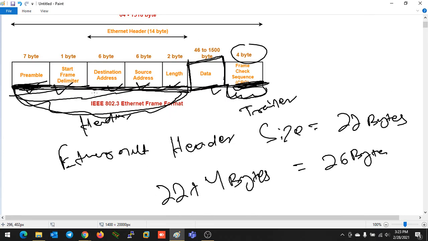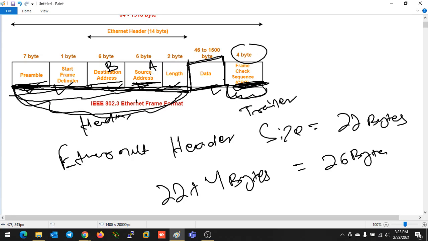This is the destination address and this is the source address. The destination address defines the MAC address of the device to whom you are going to deliver the data. The source address is the physical address of your own device. If your device has MAC address A and you are going to communicate with B, then A will be your source address and B will be your destination address.